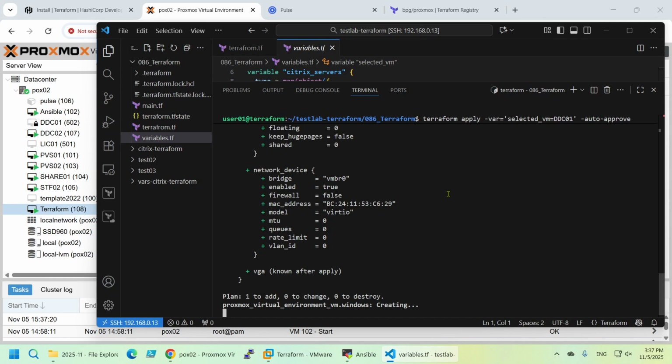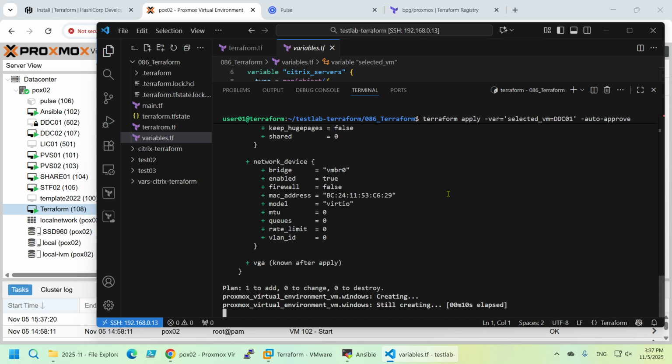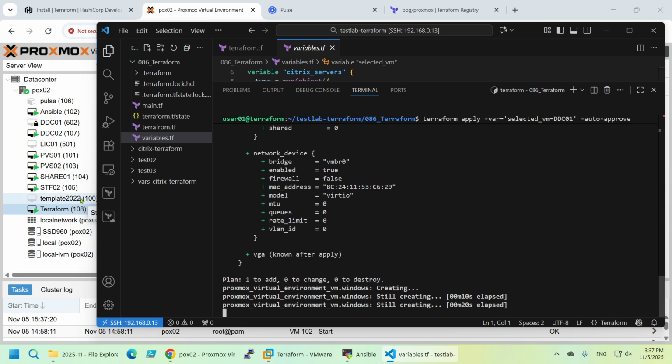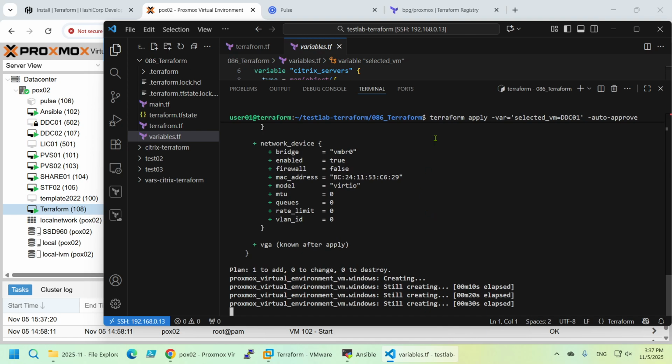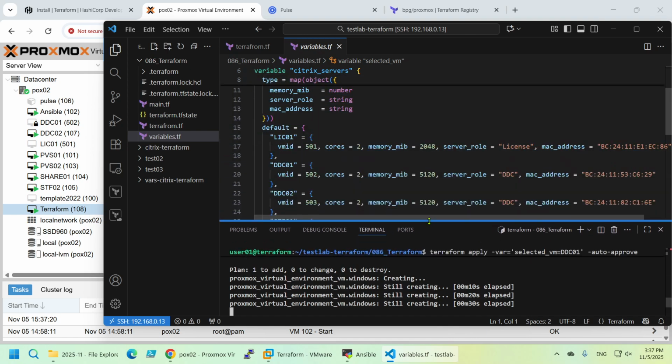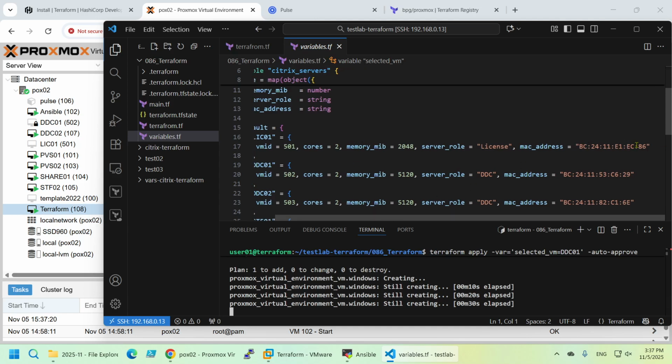start to create the machine. What it does, it just clones the template, the 100 with the ID 100, it clones it and it creates a brand new machine. But it not only clones it, it also creates it with a static MAC. So it will create it with a static MAC